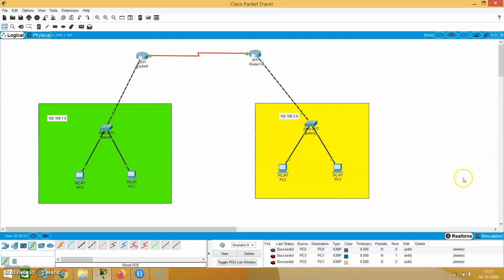Okay, suppose if we have some other network here, then you need to give the information of that network in these two routers. Okay, that is, we need to specify the routing information in each of the routers in our domain. Okay, suppose if we have more number of routers, it will be a difficult task. Suppose if this router is not working or a new router comes, it will not identify that automatically. The administrator should give the information in every router. Suppose if one router crashes, then you need to specify that information in all other routers. You need to manually update all other routers.